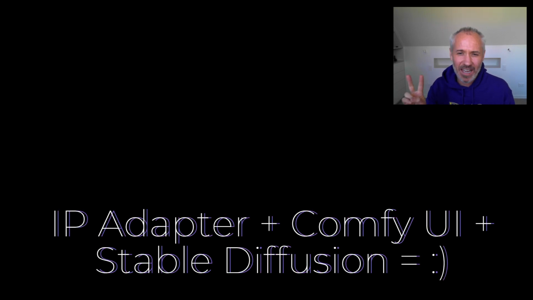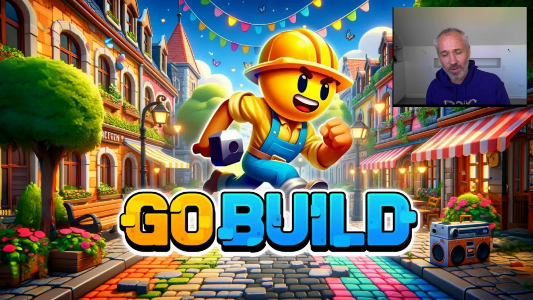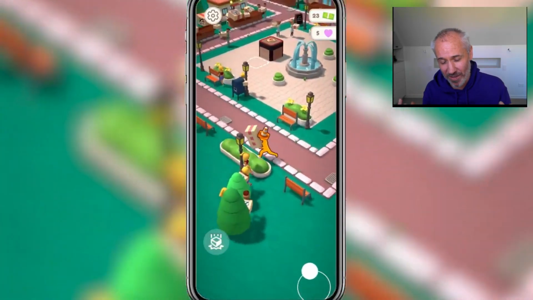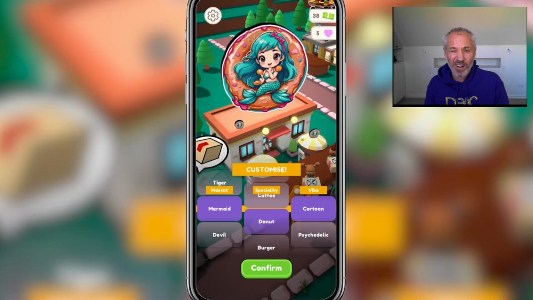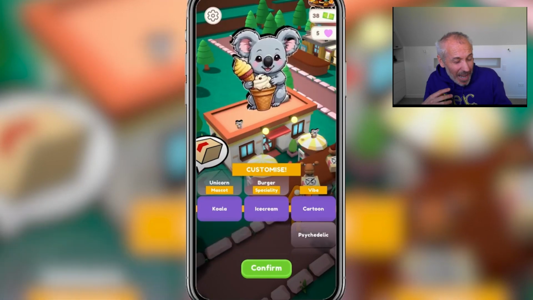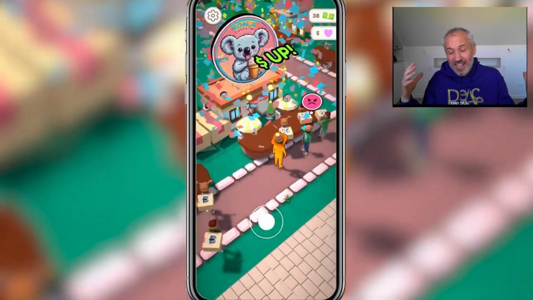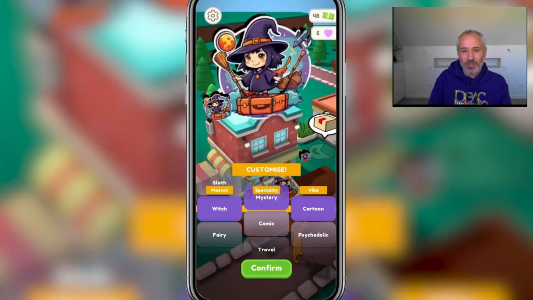Now I'm going to talk about the second part, which is generating something offline that you can create and bring into your game and make it compatible with your game. Now, in GoBuild, we had a lot of success with this. What we wanted to do was allow players more choice in how they build their town. Rather than building 3 things, what happens if you could choose between 700 different types of shops